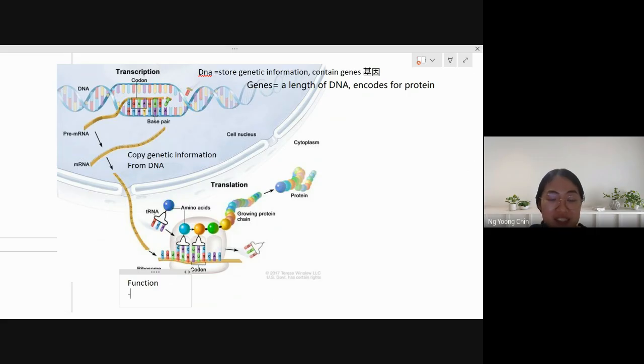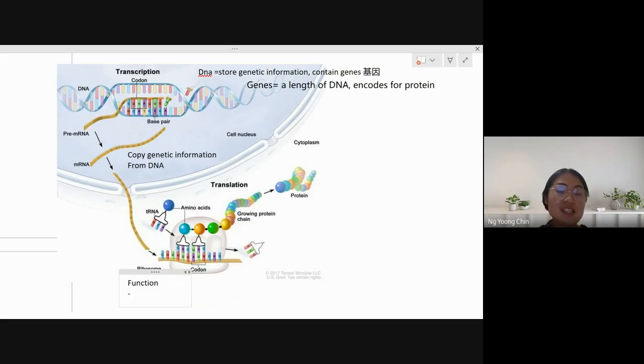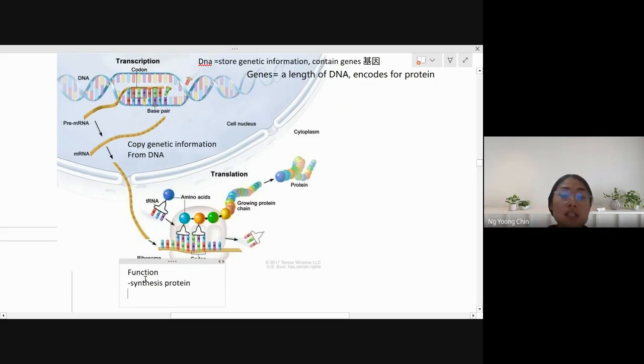Whenever the exam asks you what is the function of ribosome, what answer should you write? They will help to read the genetic information and create the amino acids. Correct. Sorry, your sound is very low, but I heard amino acid. I think you got the correct answer. You just wrote synthesis protein, but amino acid is correct also. Maybe you can say that they link the amino acids together to form proteins.